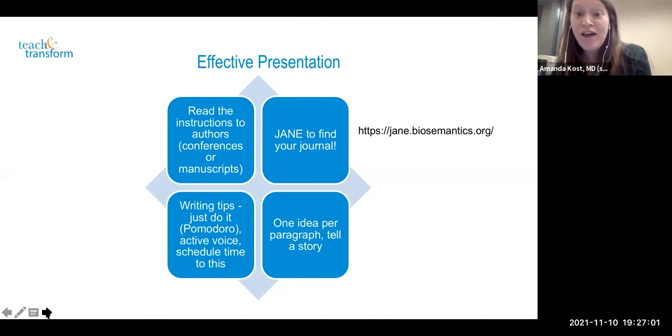Oftentimes as editors, what we will see, and sometimes we actually don't even see this, is things submitted to our journal that don't go along with what our journal is trying to publish. Or we publish only brief reports, so 1,000 words, and someone has submitted 3,000 words. Oftentimes that will not even make it to any editor. The managing staff person of the journal will just automatically reject that. And so, if you get a fast rejection, we might love what you've written, but if you wrote 3,000 words and we needed 1,000 words, we may never see what you've written. So read the author instructions, follow them carefully, and some of them even come with checklists,